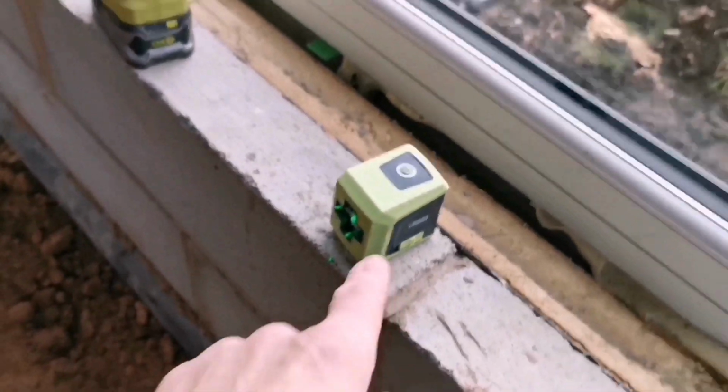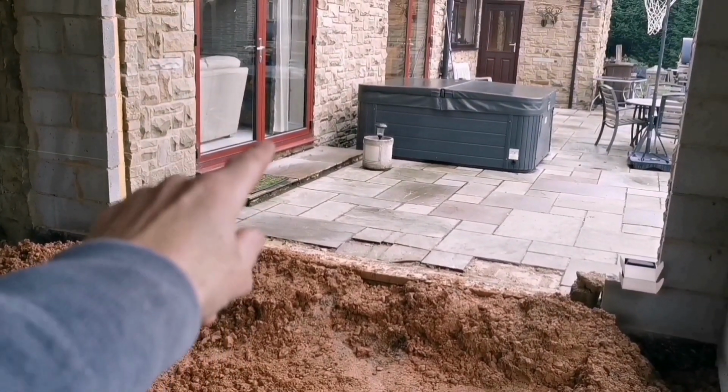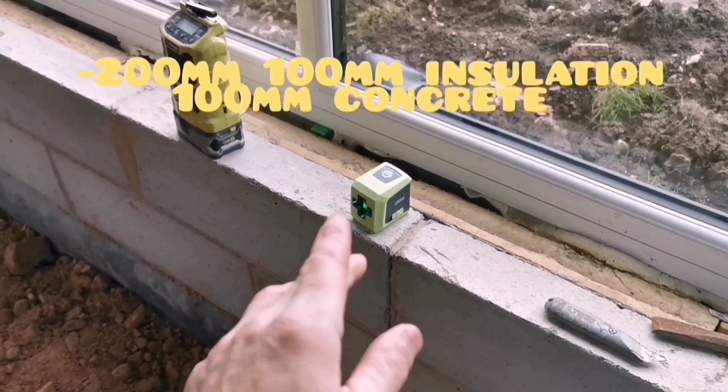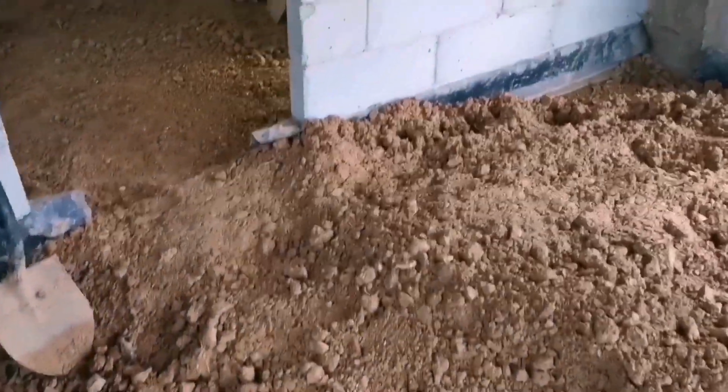So right, we've got the little laser on, and what we've done is we've just taken it from the floor level, took the carpet back, levelled it through to here onto this sill, and then it works out at 67. So some of this pile is going to have to go back out there. We'll just put it in when we fill it, because we got it in here just to dry it out, because we've needed some of it,